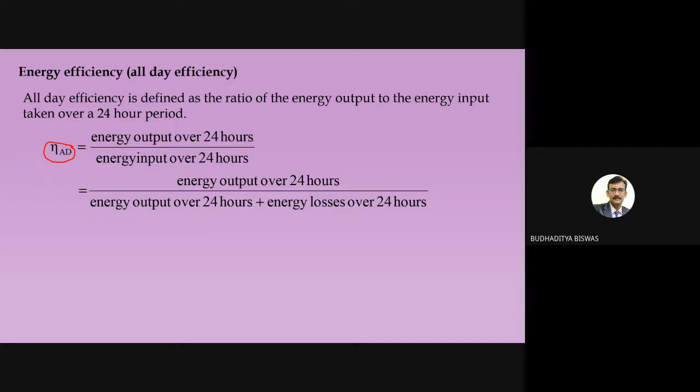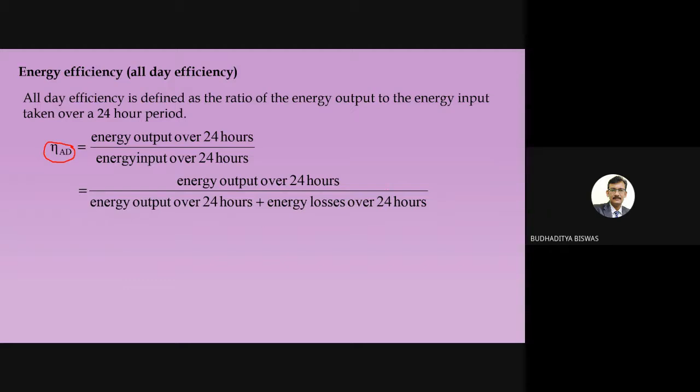Obviously for the first boy who stays first from class 1 to class 10, this is exceptional, but generally in some years you perform very well in exams, and in some years your performance deteriorates a little. So your efficiency does not remain the same throughout 1 to 12, same as this. The efficiency of the transformer does not remain the same throughout the day. That's why we take the average. So this is the energy output over 24 hours divided by the energy input over 24 hours, which is the energy output plus the energy losses over 24 hours.